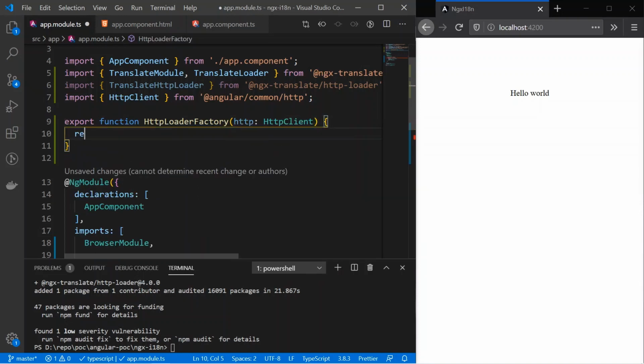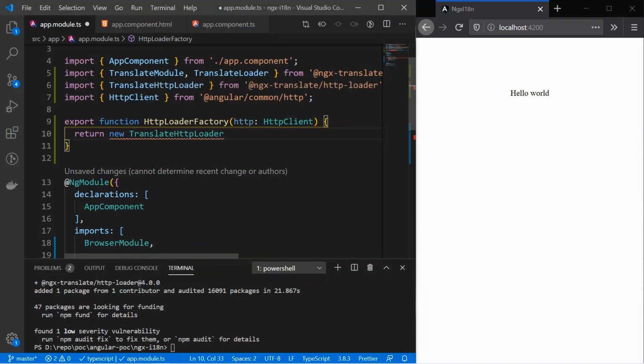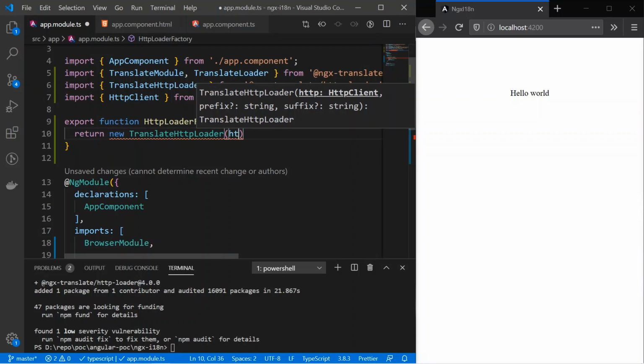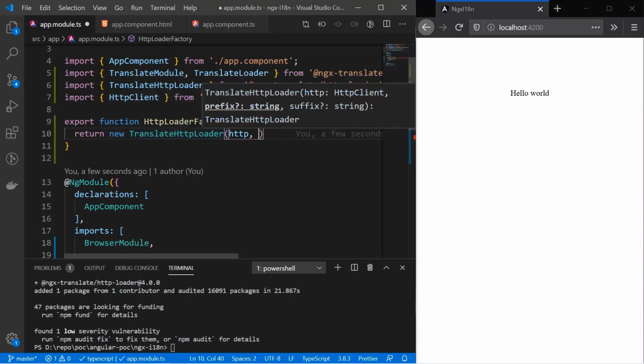Okay. So we will return the TranslateHttpLoader. The first argument, it takes the HttpClient, then we provide a prefix and a suffix as well. So if you go and look inside this TranslateHttpLoader, there is some default value for prefix and suffix as well, but we are going to use that explicitly, so I'll provide the value explicitly here.